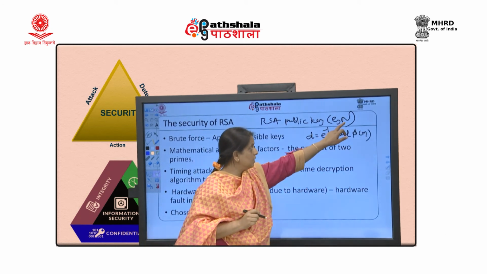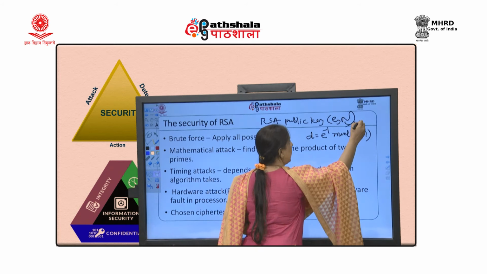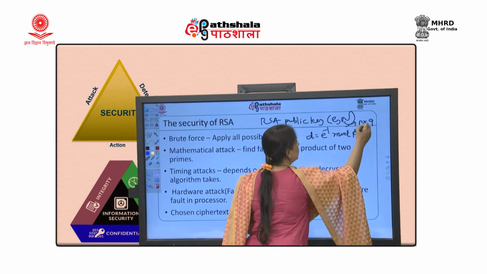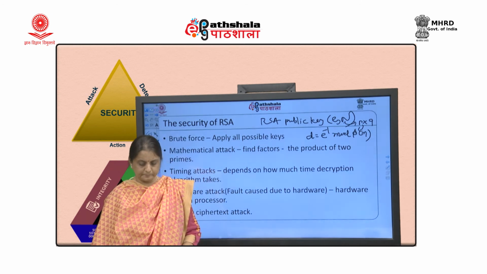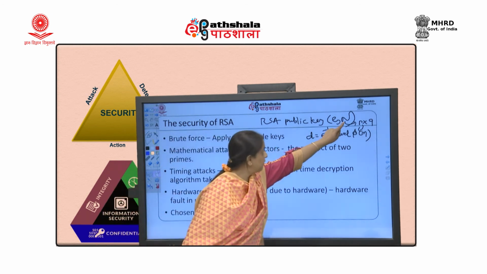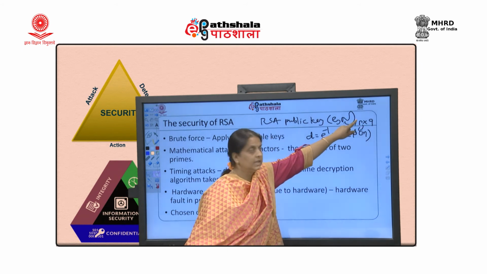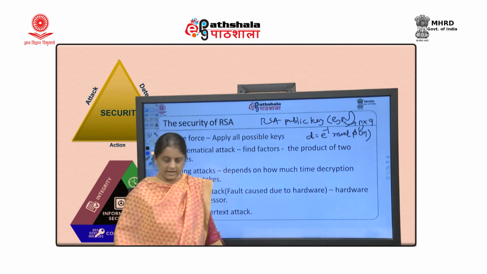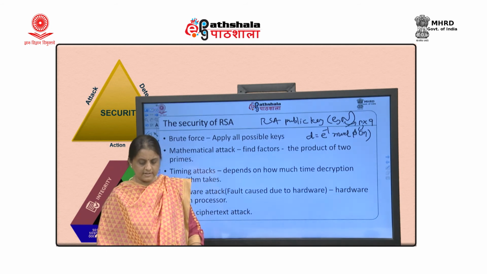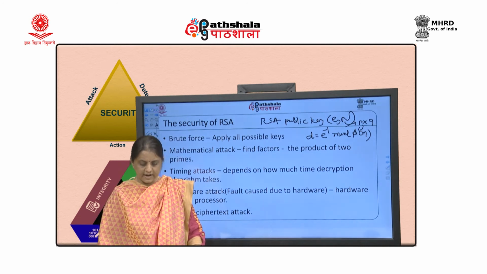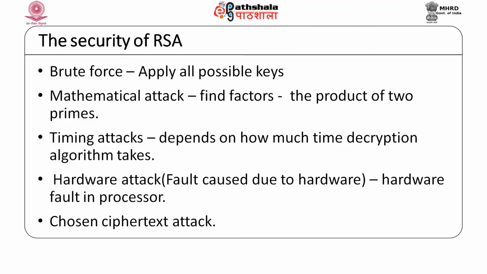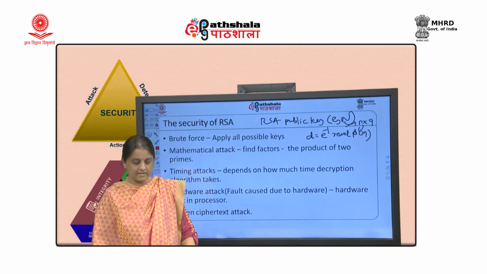So, if n is known and if you can factorize n into p and q, you can easily find out phi(n) and from that easily find out d. So, finding out the factors of n is again a brute force attack. Factoring the modulus is the brute force attack. Nowadays, for your knowledge, the current fastest factoring algorithm is the general number field sieve algorithm. You can explore the algorithm, how it finds out the factors.